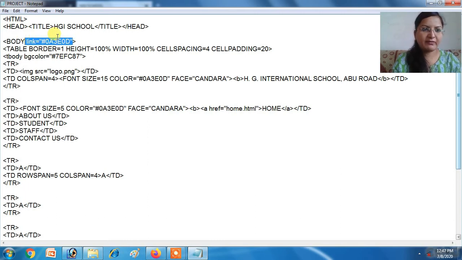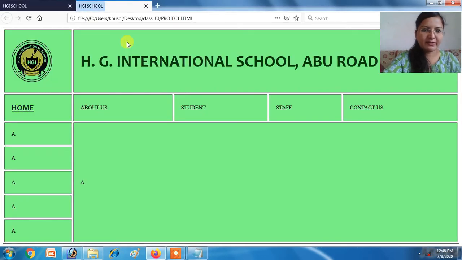The same we want for alink and vlink also, active link and visited link. Okay, so this is link, then this is vlink, visited link. The color will be the same, whether it is active or visited, it will be the same for all. If you want to take a dark color for the text, you can take a dark color.